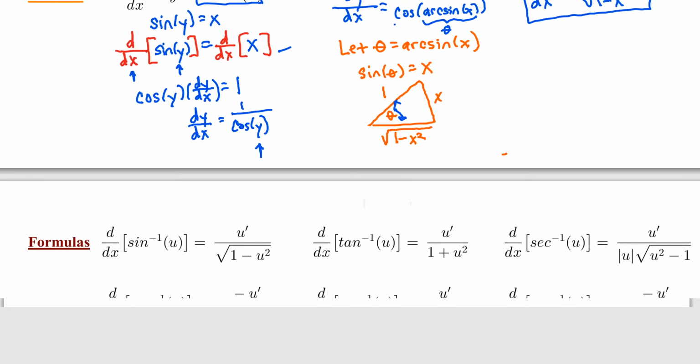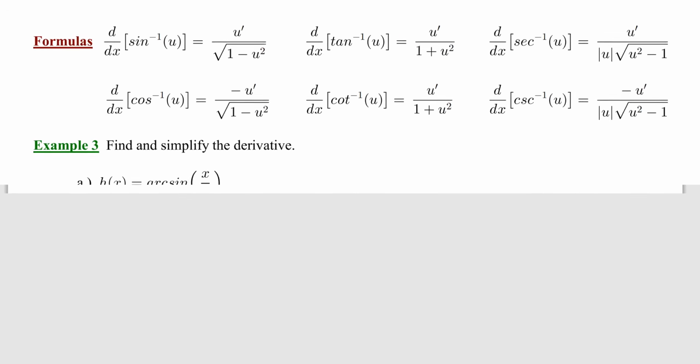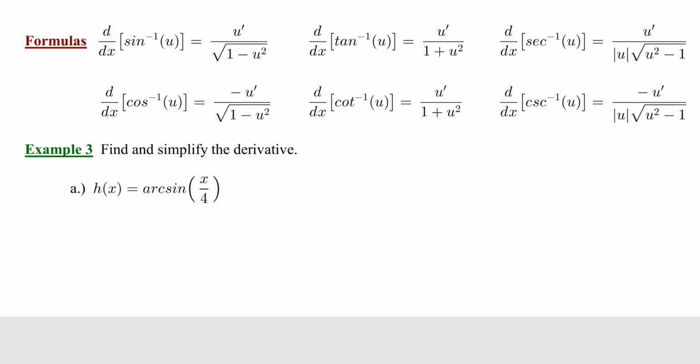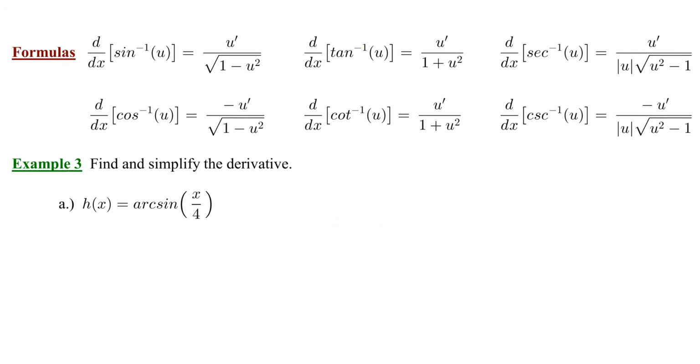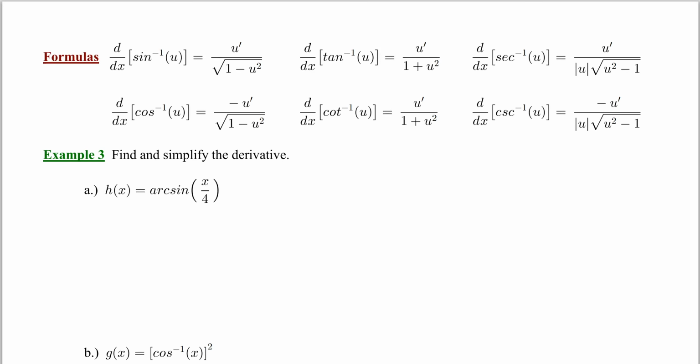Now, if we did this same process for the other inverse trig functions, we could use a similar approach. These are the formulas that we would obtain. Now, please be aware that the formulas here on your notes are in the most general form. So instead of just considering inverse sine of x or arcsine of x, we're going to suppose, what if the argument is a function of x as opposed to just an ordinary x? In that case, we would apply the derivative pattern that we just derived. Remember, we figured out 1 over the square root of 1 minus the argument squared. Well, if the argument happens to be a function of x, we're going to multiply by its derivative in the